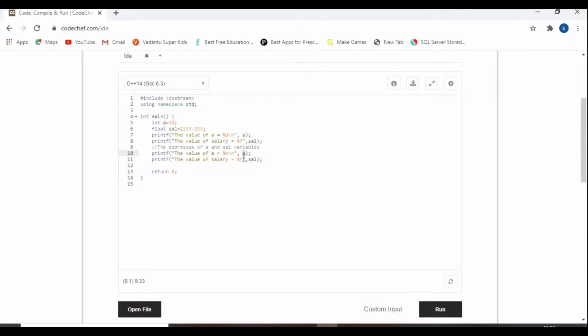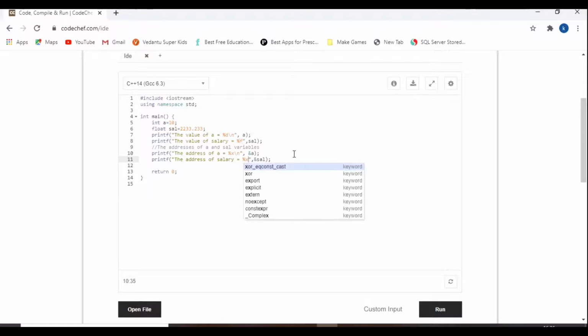The denotation to specify the address of a is like this, ampersand of a, and here ampersand of b. It's not the value, this is the address of a, this is the address of salary. So here I have to mention x.